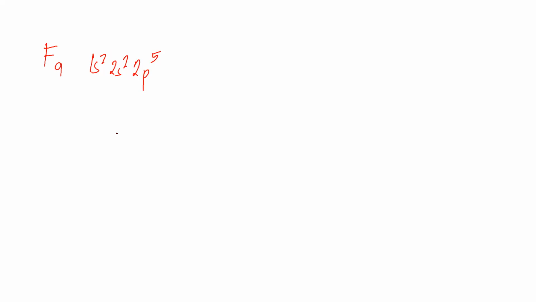Okay. So what will be the noble gas notation? What is the nearest noble gas to fluorine? Take a look in your periodic table. 5, 4, 3, 2, 1. Correct, helium. Helium is the nearest noble gas. So helium, what is the electron configuration of helium? 1s2. So instead of writing 1s2, we can write fluorine 9 as helium